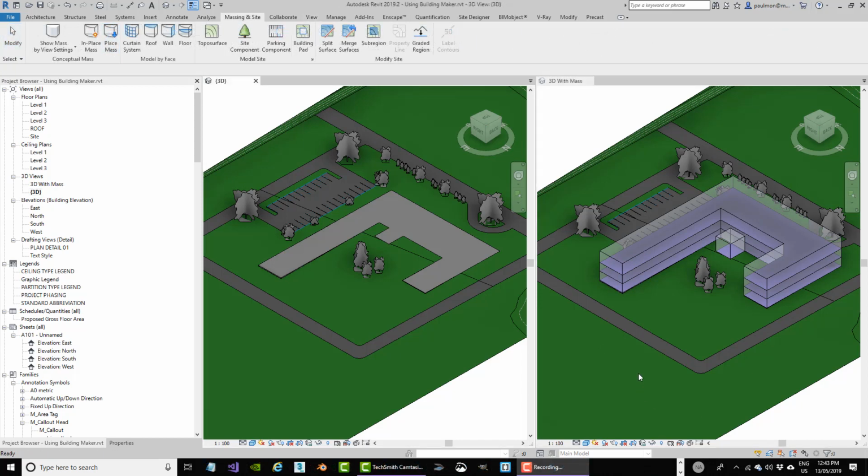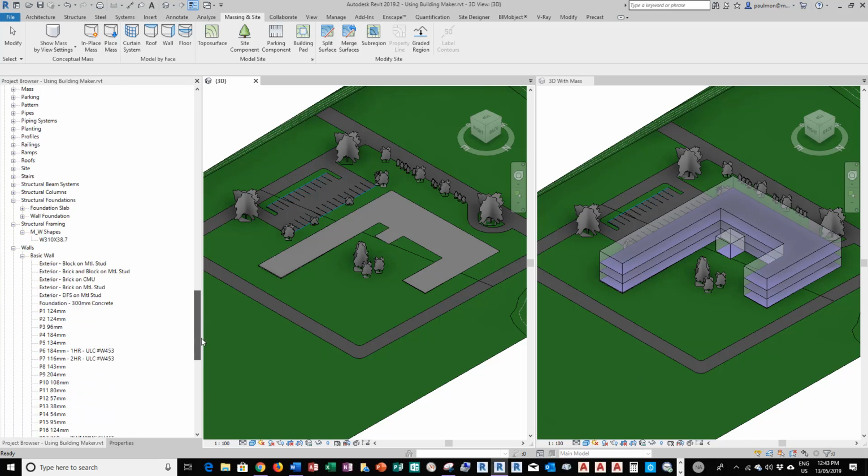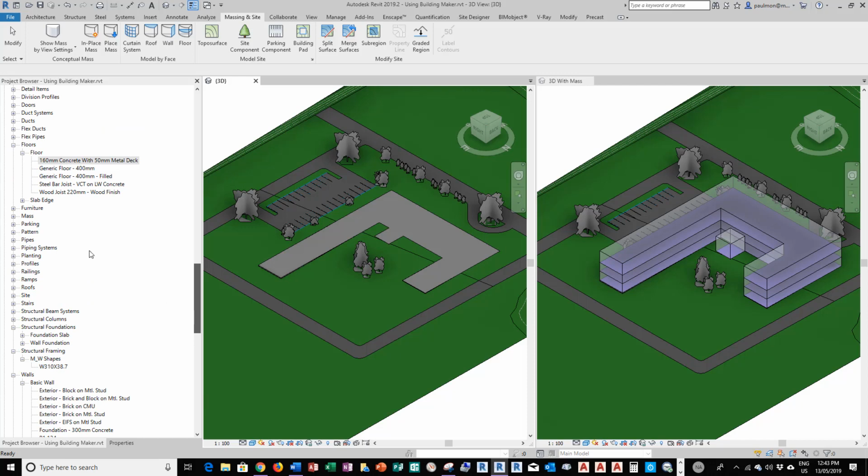Now the next step, we're going to use the mass floor to create the floor that we need in this model. We're going to need a 250mm concrete floor. But if we look down in our project browser in the floor styles, let's see if we don't have that style in this model right now. So we're just going to use the generic 400, and we're going to modify this to create our 250mm concrete floor. So we're just going to right mouse and duplicate,